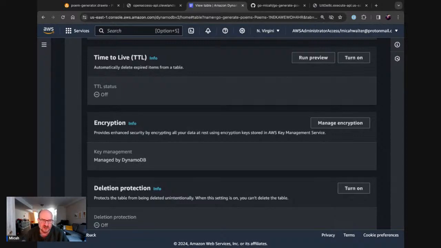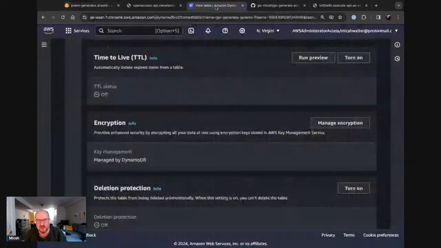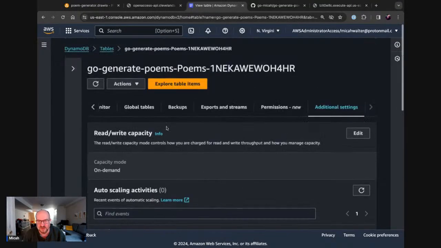In our architecture, if, for example, once a poem has been there for a month we want a new one generated, that's super easy to do with DynamoDB. We could just set a TTL of 1 month, and after a month those items would get deleted. Then whenever a new request comes in for that same item, it would generate a new one rather than just serving it from the database. So that's kind of cool too. There's a bunch of other options here, so that's the quick tour of DynamoDB.